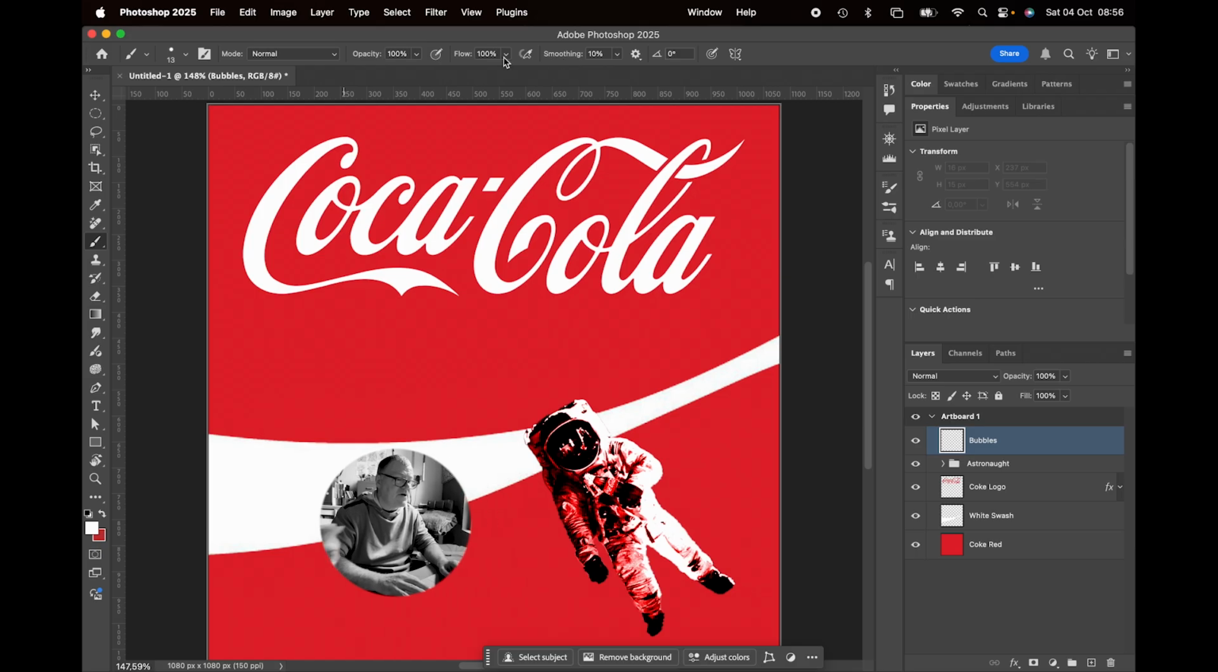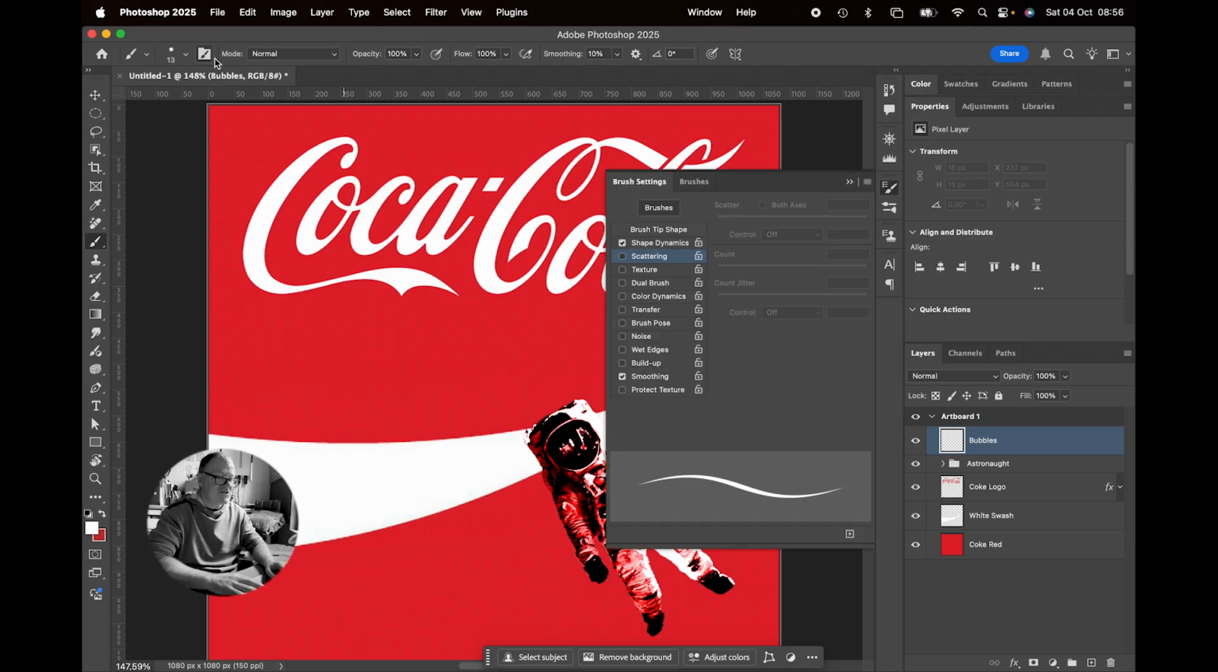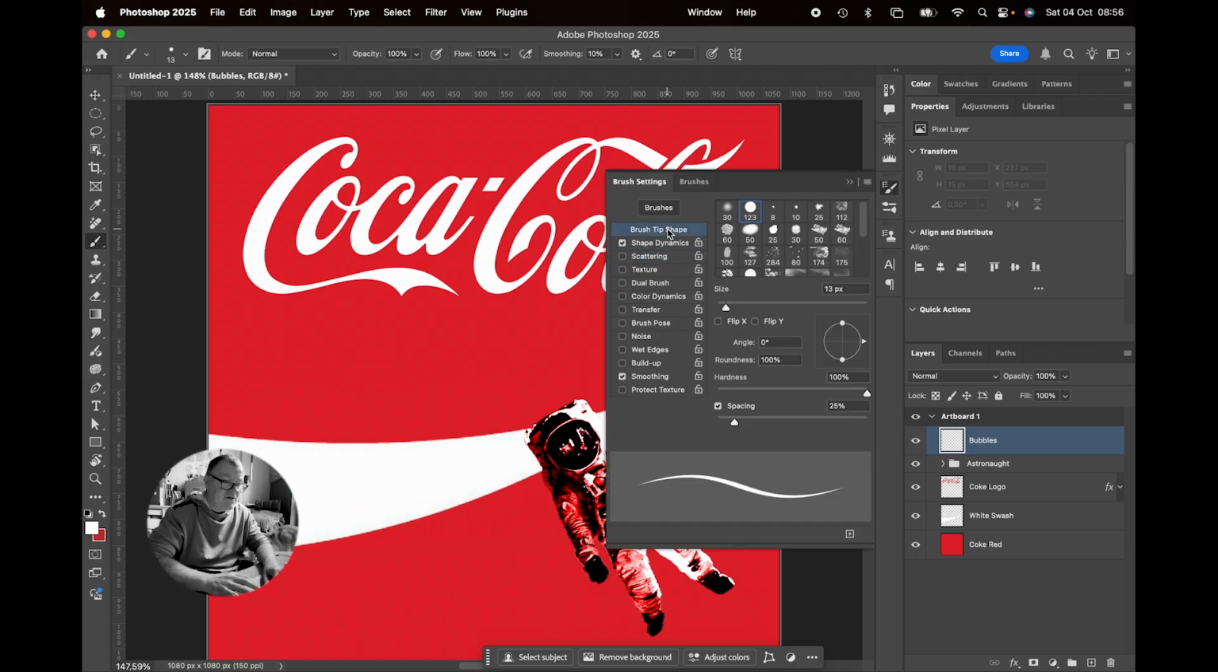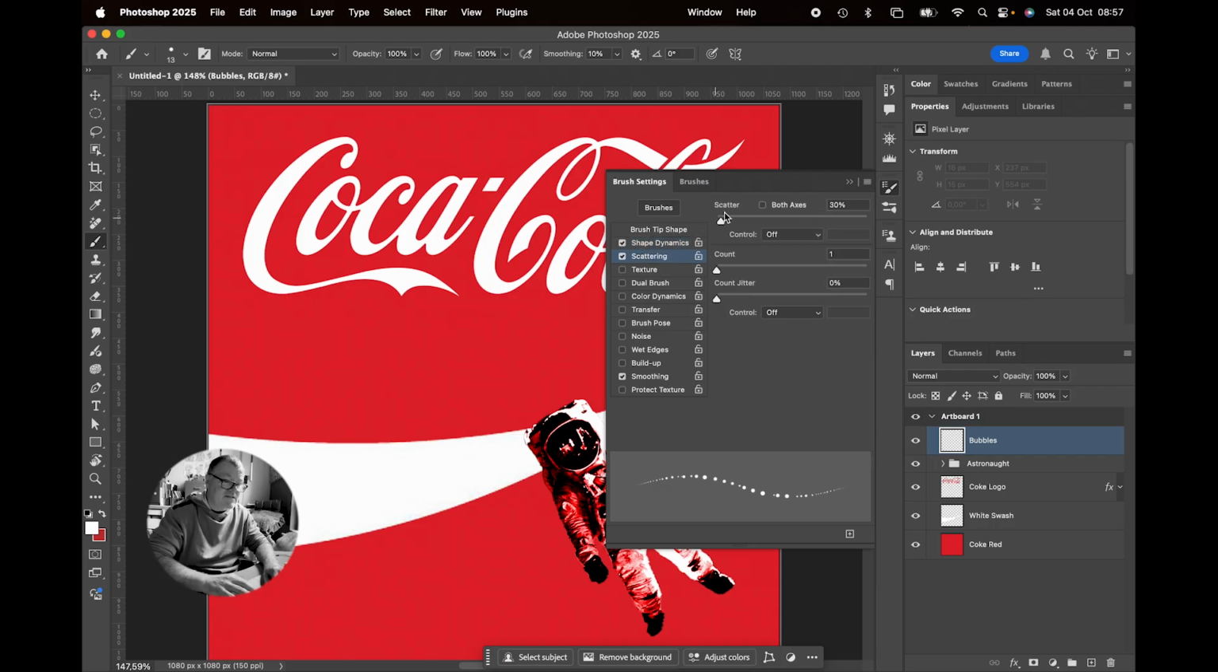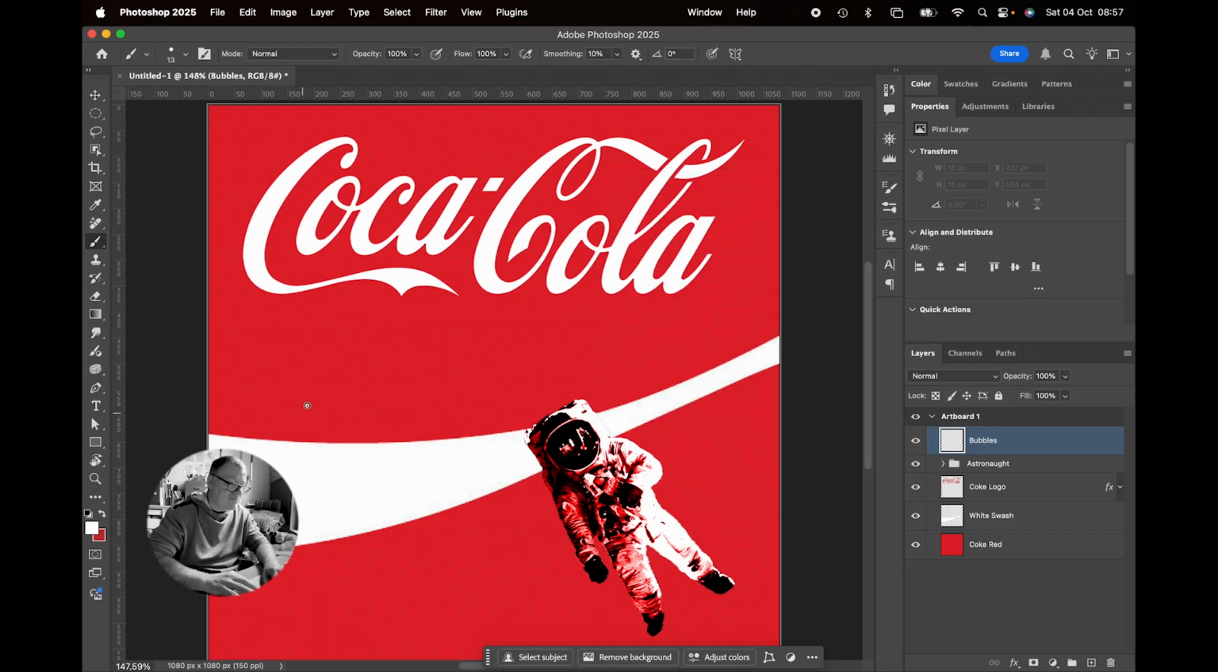But then I'm going to go over here to my brush settings and I'm going to go to brush tip shape, and I'm going to increase the spacing so that I can see those circles. Then I'm going to go to shape dynamics, and I'm going to increase the size jitter. Jitter just means variation, so the size will vary. I'm also going to go to the scattering, and I'm going to scatter them a bit and increase the count to 2. Okay, so if I now paint with this brush, you can see I get a nice bubble effect,